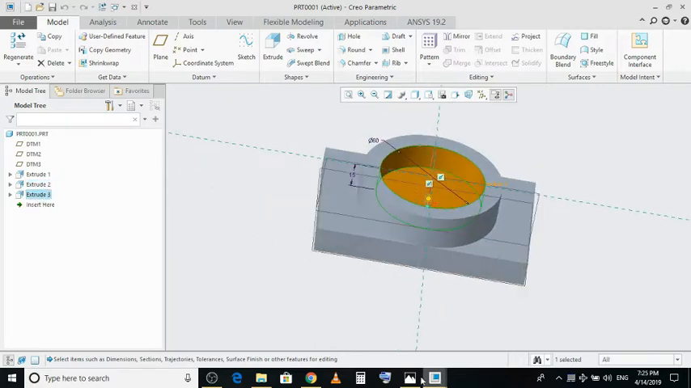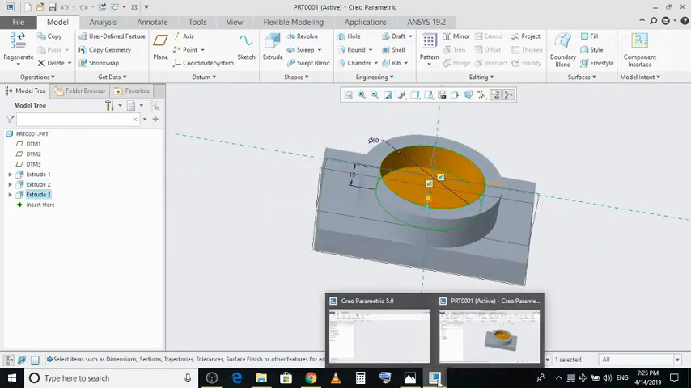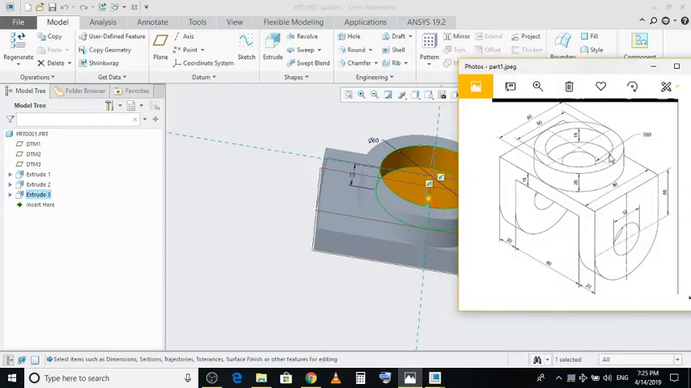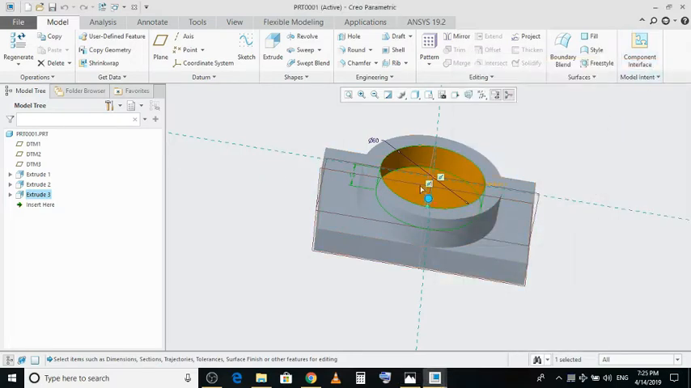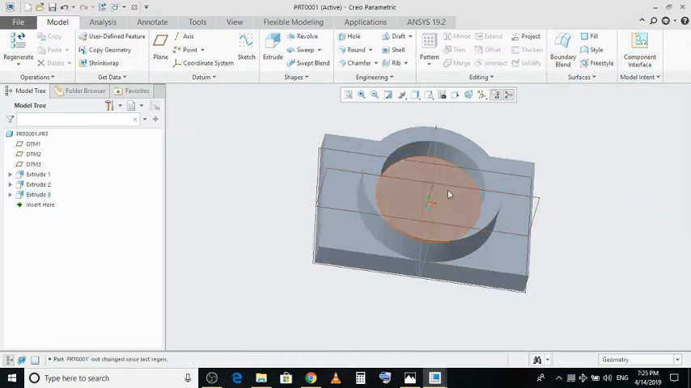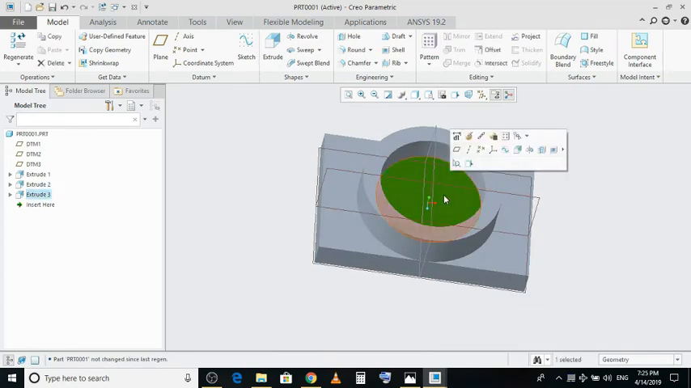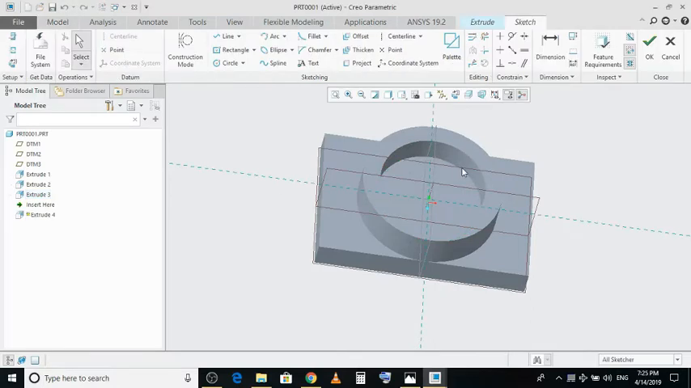Okay, so now what is remaining? Now we have to create a hole inside. Inside this we will create a hole. The hole is 30 diameter. So again we will select this surface, okay, and then click on extrude, and then center point circle again,